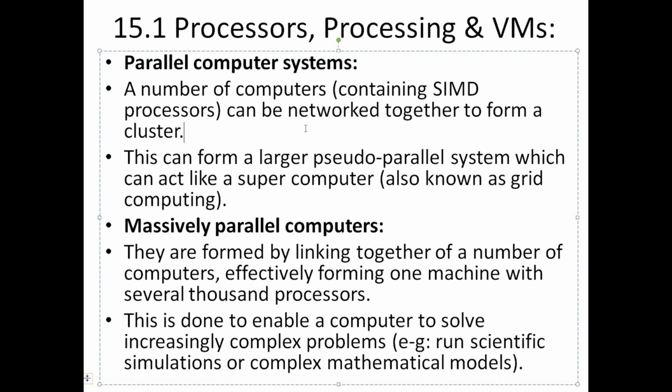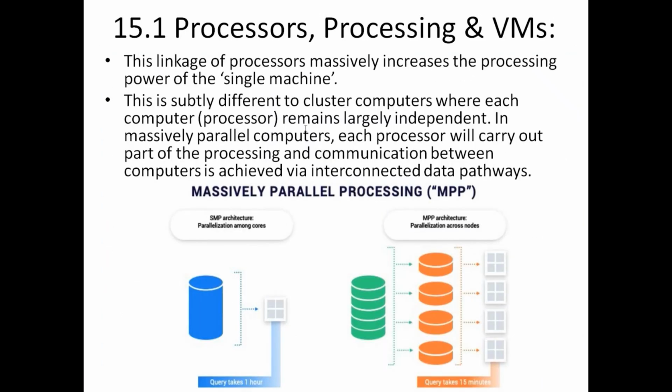This is done because you want your computer to solve very complex problems, like maybe running a Bitcoin mining farm, or running scientific simulations or complex mathematical models. Linkage of processors massively increases the processing power of the single machine. This is certainly different to cluster computers, where each computer remains largely independent, but in a massively parallel processor,